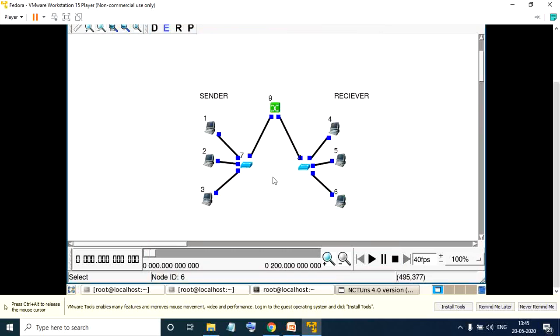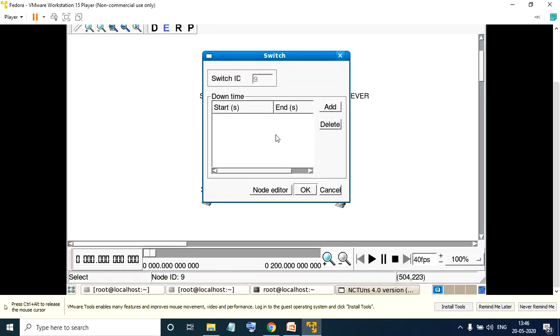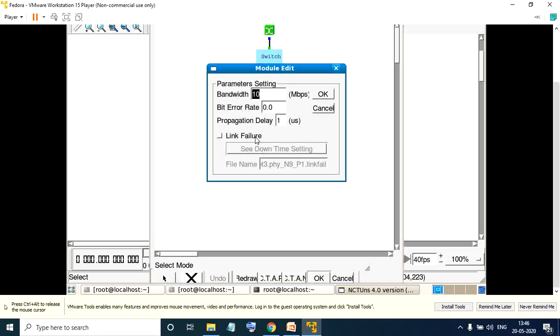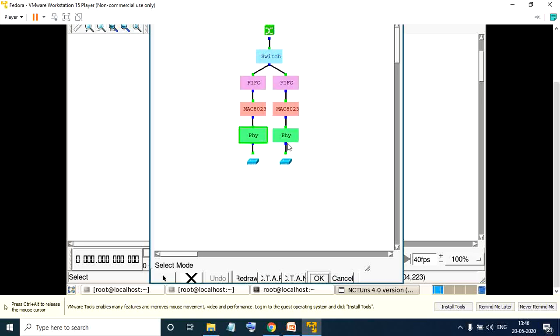The remaining part of the addition is the hubs and the switches. No need to edit these hubs because they are in the physical layer. So we'll directly edit in the switches, and thereby the addition would take place even in the hub as well. We'll go to node editor, inside switch, then to PHY, which is physical. Here I'll change the bandwidth to 5 Mbps. And as told in the AIM, I'll change the bit error rate to 0.1 and say OK. This was for the left hand side, which is the sender side.